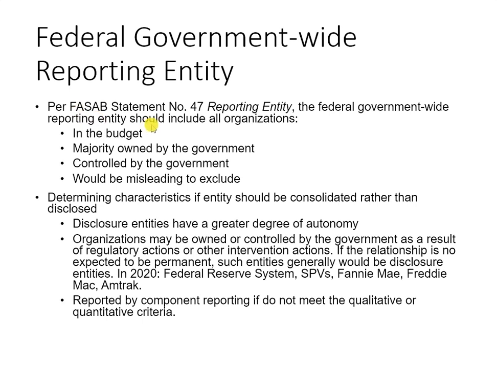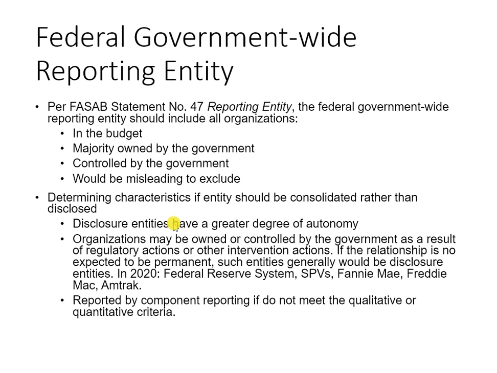Per FASB statement number 47, the federal government-wide reporting entity should include all organizations in the budget. Okay? So they use taxpayers' money, are majority owned by the government, controlled by the government, and would be misleading if they are excluded. We also need to determine whether the entity should be consolidated or whether they will be disclosed. We're going to disclose entities